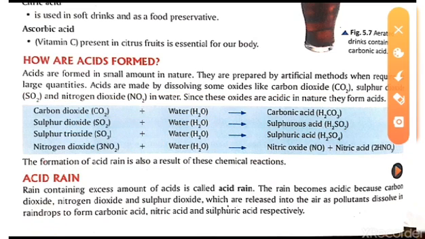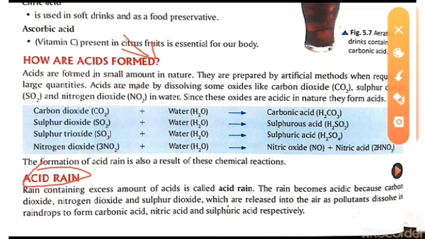The next thing we have to read is, what is acid rain? Have you heard about acid rain? Maybe when you hang your clothes for drying, sometimes you will see yellow color patches. One more thing you can see: if there is marble on your roof or wall, it gets a little damaged.